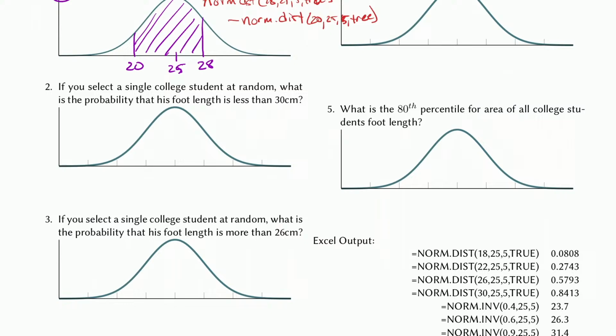I'm just going to type in equals norm.dist of 28, 25, 5, true, and I got 0.72. So my apologies. If that does happen on the actual exam, it shouldn't because I'll be double checking now. So it's a good thing. Norm.dist. I'll put that on the list here. 28, 25, 5, true